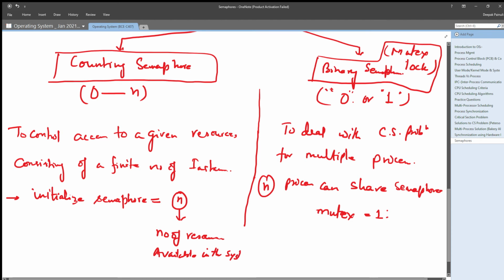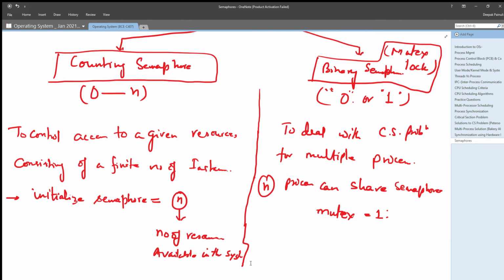So you will initialize your semaphore with the value of n. Let us say you have five instances of some resource, then n is 5. So you will initialize your semaphore value with 5, and on every access of that particular instance, the value will be decremented by 1. That means if one process accessed one instance of that resource, the new updated value will be n minus 1. That means that is 4, right?